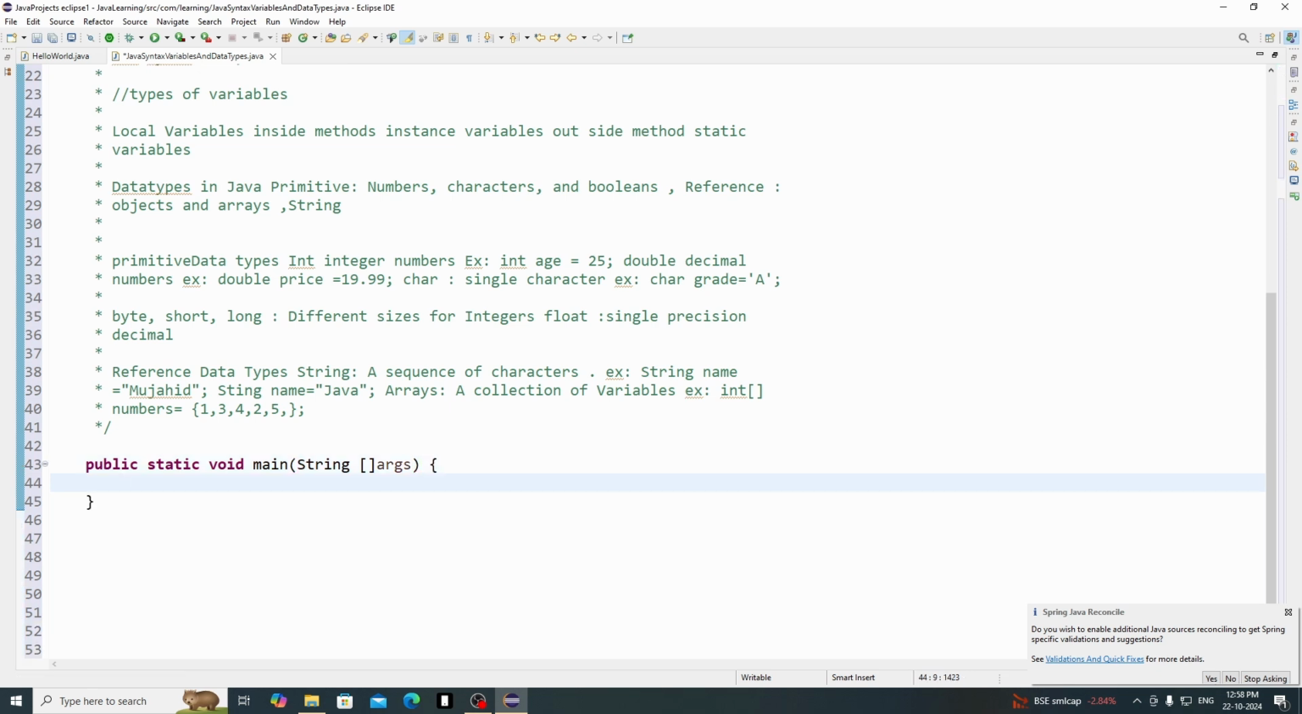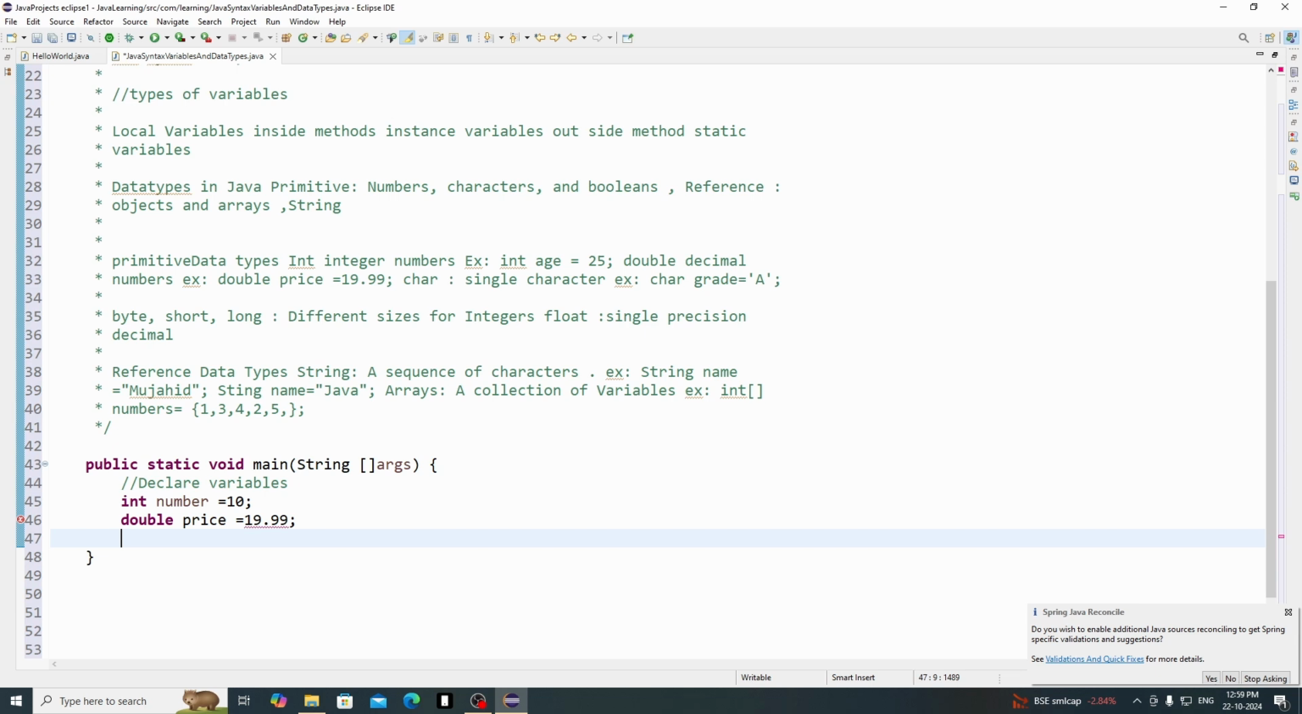This is the entry point for a Java program. Here we declare the variables, like int number equals 10, double price equals 19.99,